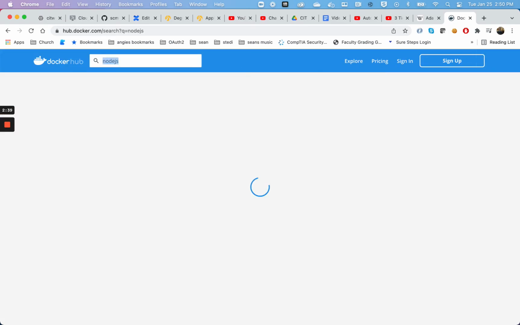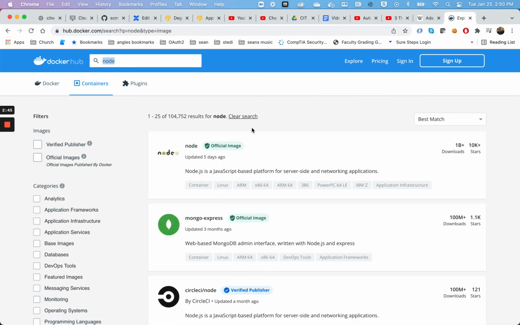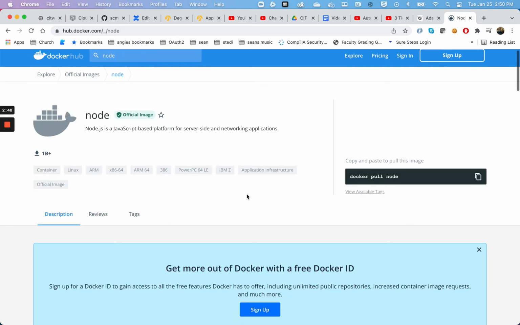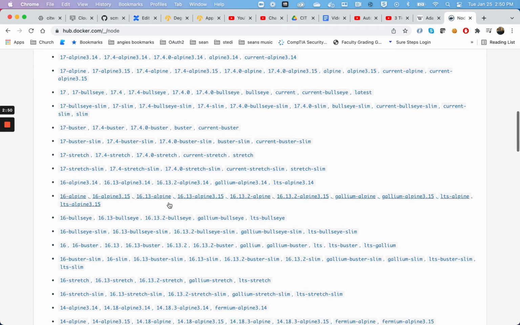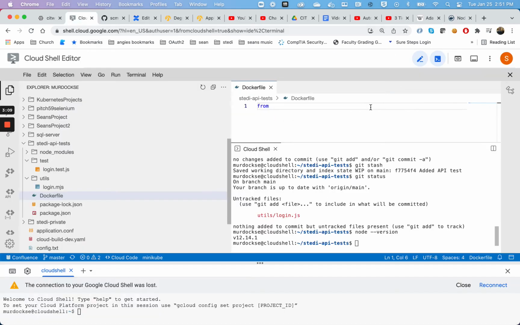If I search for Node.js, let's just search for Node. There it is. And then if I scroll down, here are all the different image numbers that I can use. I'm going to go with 14 Alpine. Alpine is a pretty good one, so it's lightweight and easy and quick to start up. So let's change the FROM to say FROM node:14-alpine, and